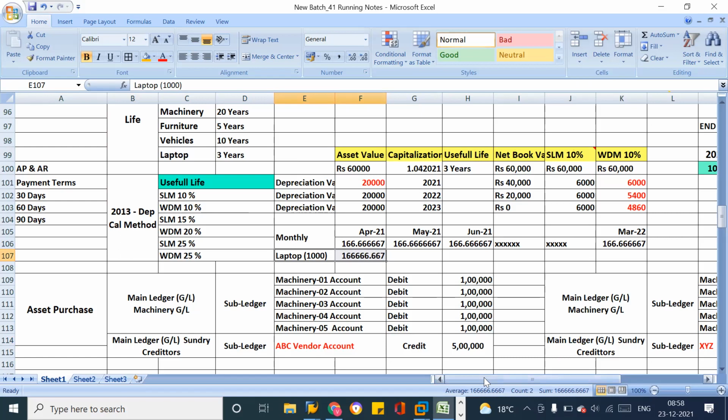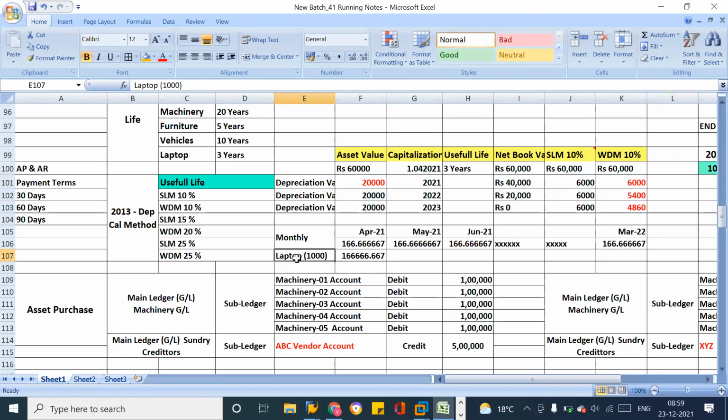Create new ones. Why? Because this asset is already scrapped, and it holds historical information about that laptop: when these 1,000 laptops were purchased, what the value of each asset was, when the asset was capitalized, when the asset's life ended, and what the net book value was at the end. All this history we keep for these 1,000 laptops over the last 2-3 years, and whatever new laptops we